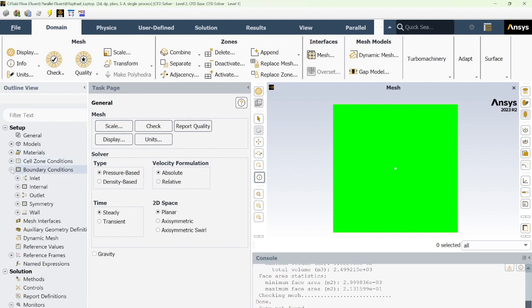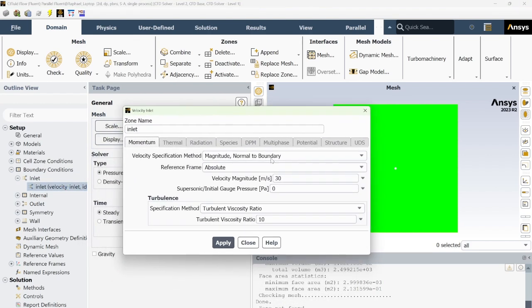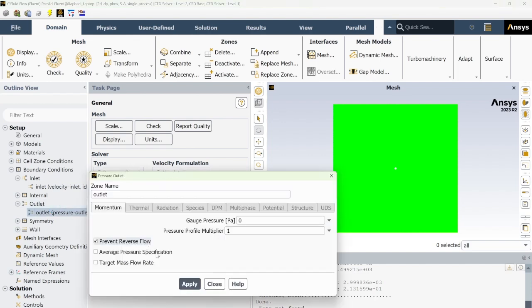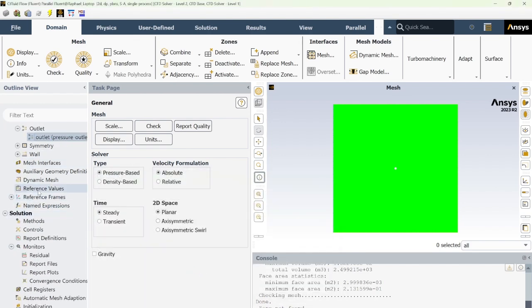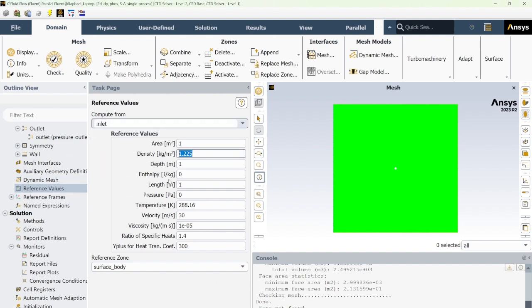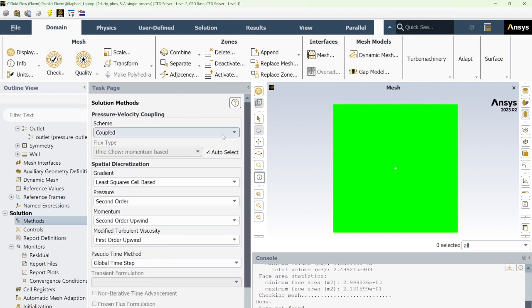And our Reynolds number I've calculated to be around 3,675,000, which our velocity for that needs to be 30 meters per second. And again, pressure outlet with no reverse flow. And once that's done, we can make our reference values, make sure they're coming from the inlet to update this density, velocity, and viscosity. And we're gonna keep the same method we used for the laminar, which is the coupled